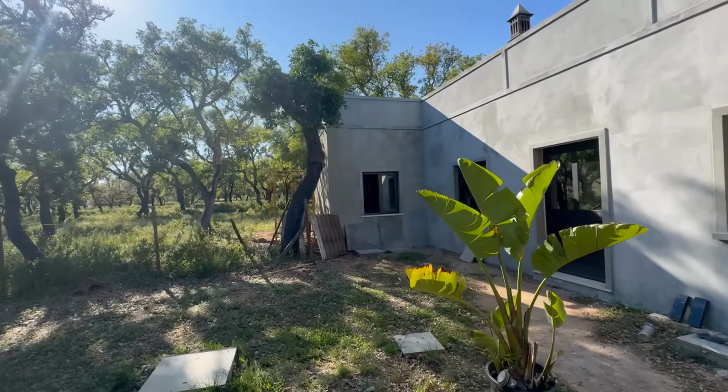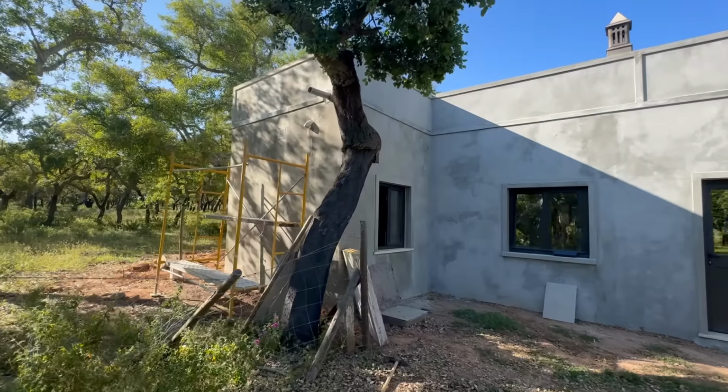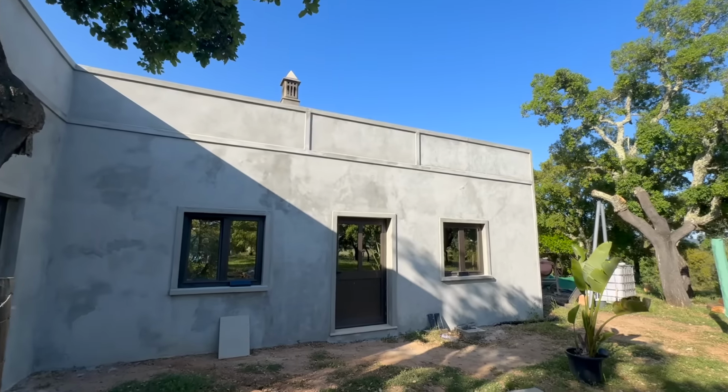And that really is the easy part, and I like doing that. So I'm looking forward to getting on with that Monday morning, because after I've walked the dogs now, I'm going to carry on. I've got the scaffolding set up, and I want to get the meshing on this wall, do as much as I can before it gets dark, and then tomorrow I'll come back and finish that. Monday,